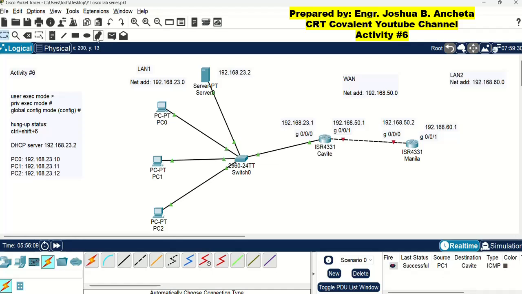And another from PC2 to router. Yeah, another successful result. Okay? So you can test it, redo it several times to check the connectivity. Okay, so that's it for activity number 6. See you in activity number 7.